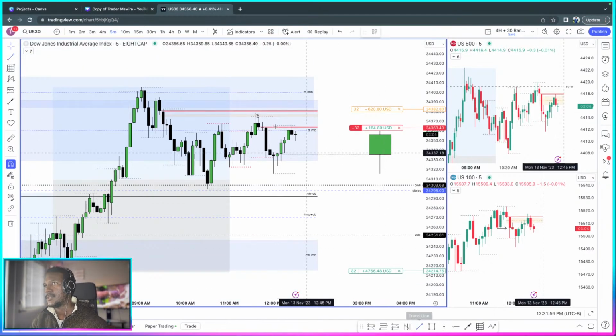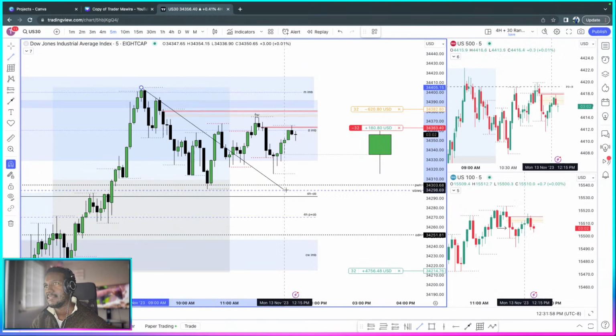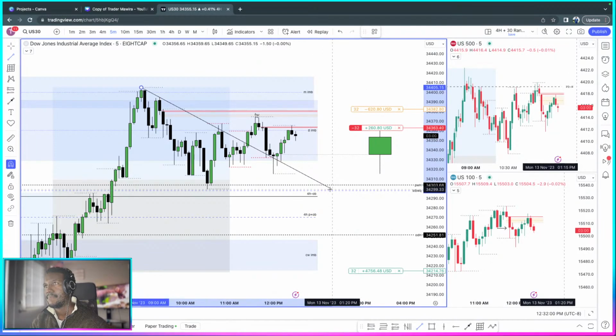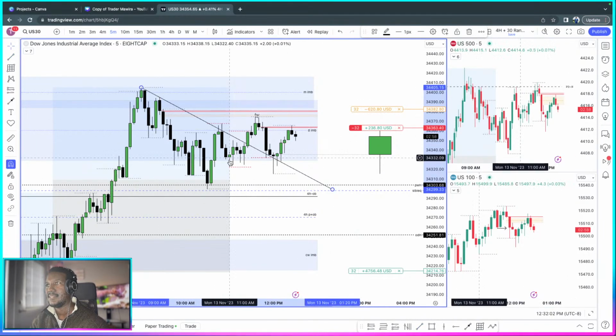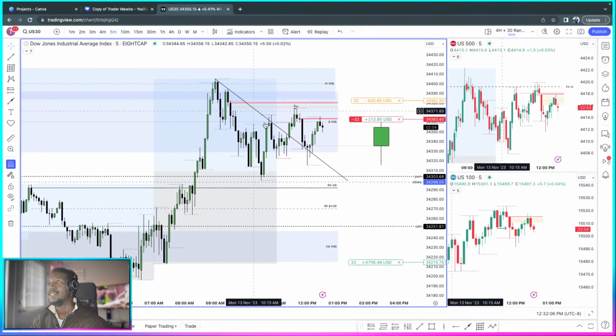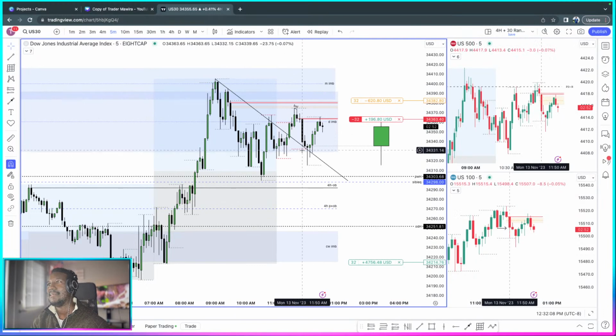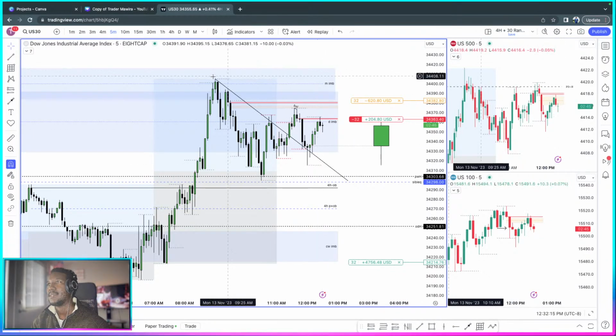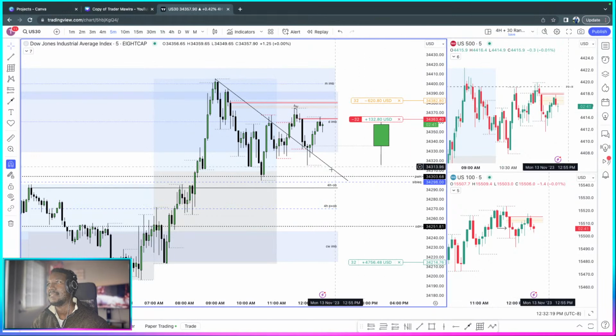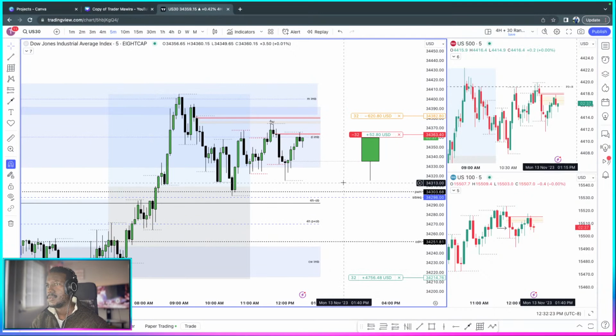As you can see, we also do have another trend line here, right there. See, touch, went up, retest, and now we're shooting up. So anybody trading this, yeah, they bought that resistance support right there. So hoping that it will come up here to get in sync with this trend line. So I have so many levels.